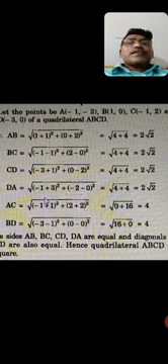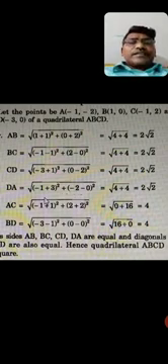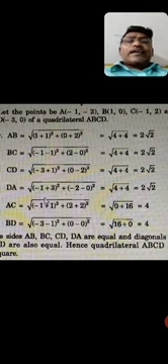I mean like the above sum, we are getting AB, BC, CD, AD, all the lengths are equal. But we are not going to decide it is a square. If I say square, you can say why it is not a rhombus. So to clear this, we need to find the diagonals. That is AC equal to, AC is the diagonal. By using the vertices A and C, by applying the distance formula, we are getting 4. Likewise, by using the B and D vertices, we are getting the length of BD equal to 4. By observing this, all sides are equal and the lengths of the two diagonals are also equal. So now we are confirmed that these vertices are going to form a square only.